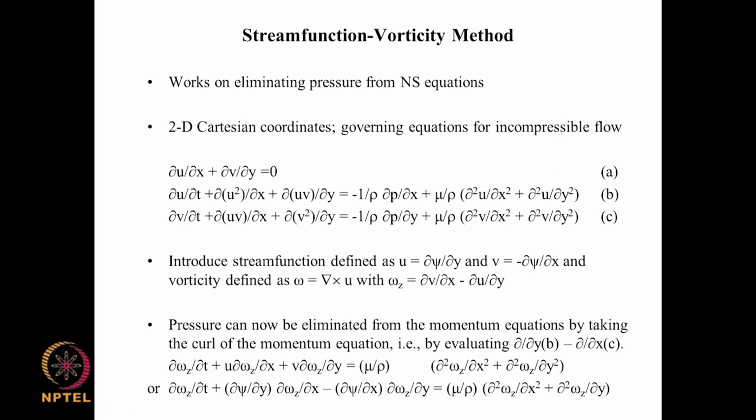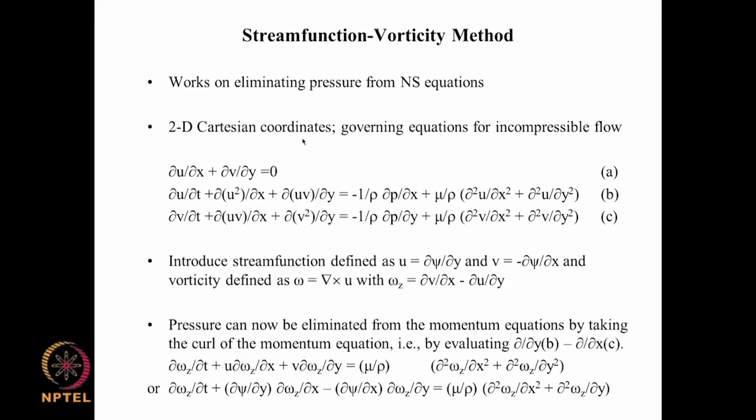There is a different philosophy in the stream function vorticity method. The idea here is that since pressure is a nuisance variable, can we eliminate pressure from the Navier-Stokes equations? So, it is possible under certain cases, and let us consider the case of 2D Cartesian coordinates, 2D meaning 2-dimensional flow, Cartesian. So, we are looking at a 2-dimensional flow in which u and v are the non-zero velocities and w is 0 everywhere, which makes it a 2D flow, and